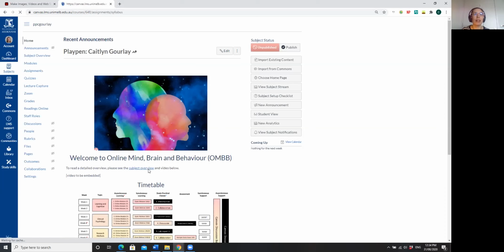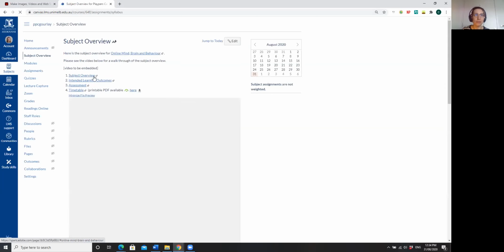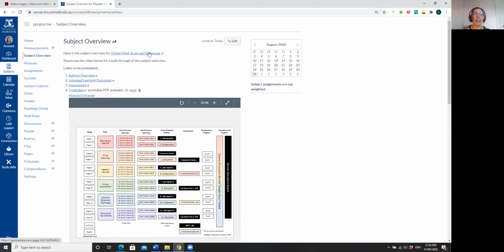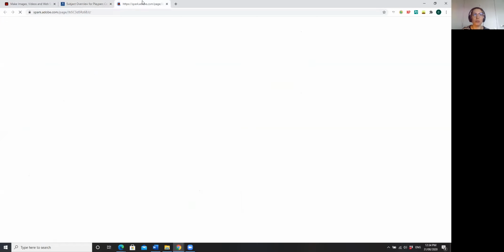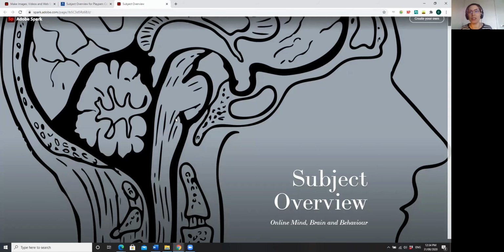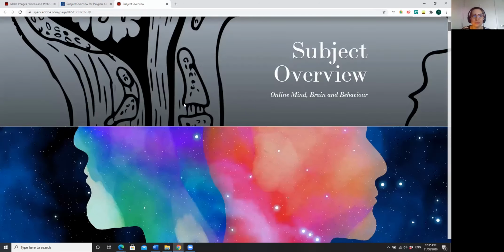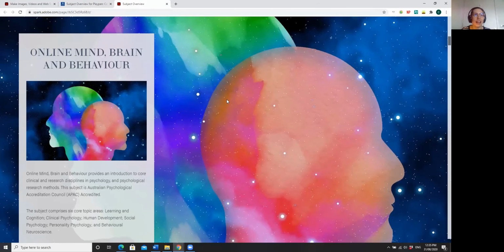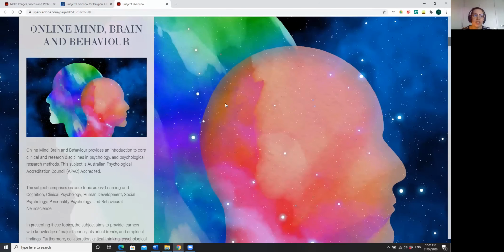And I actually made the subject overview as an Adobe Spark, which was what I had up there. So for the students, they will have an Adobe Spark for their subject overview. I'm not sure if this is an okay practice, but I thought it was a bit more exciting than just a table on Canvas. So looking quickly at an overview of the subject,